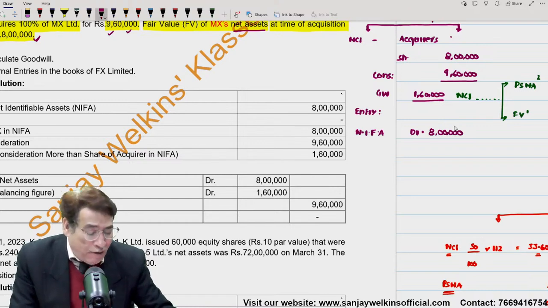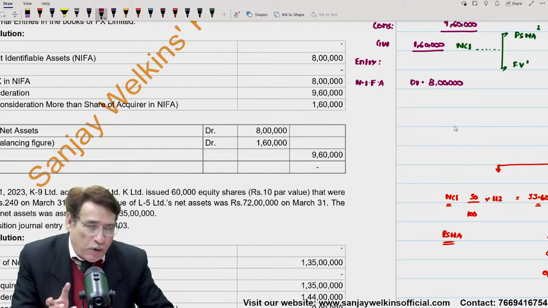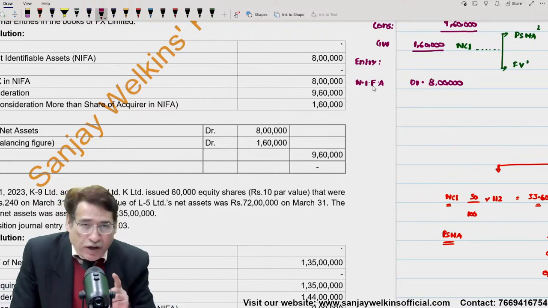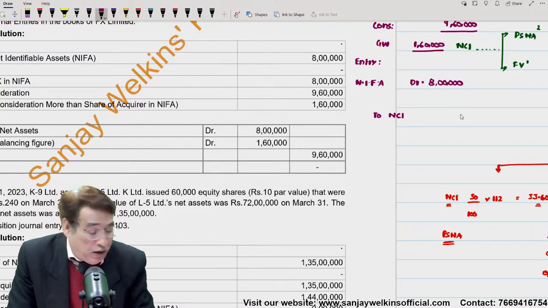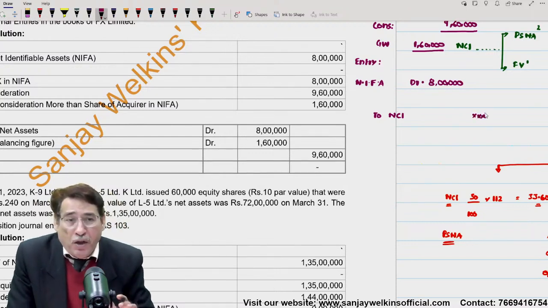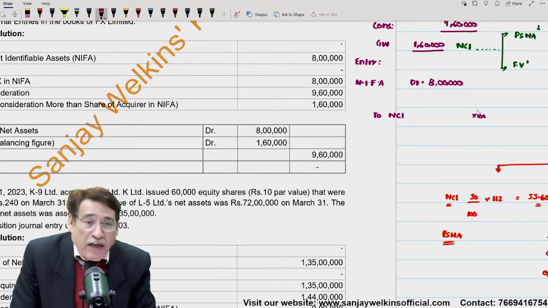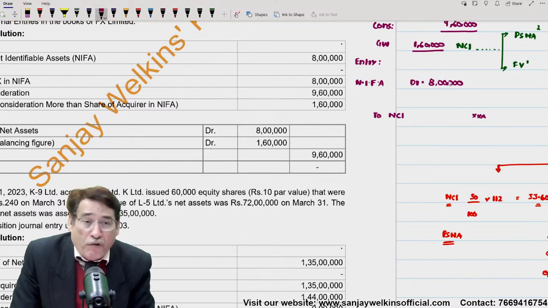Generally, when we have written net here, it means we have included assets and liabilities both. Generally, after writing this, from next time, you must write here to NCI. In this question, there is no NCI, but had it been there, I would have written to NCI. Is it clear to you or not? By writing the NCI on the credit side, it means I'm subtracting the NCI share from this particular amount. Is it clear to you? But in this question, there is no NCI.